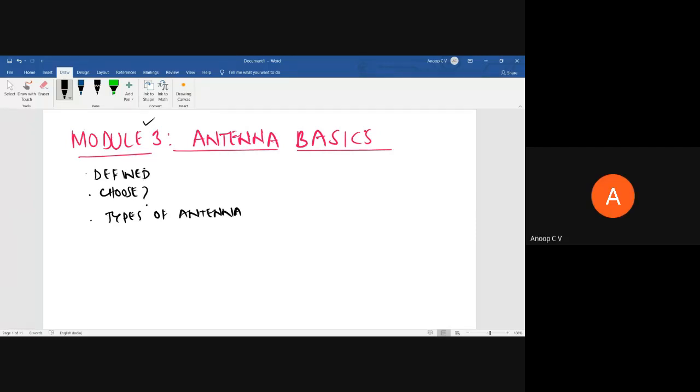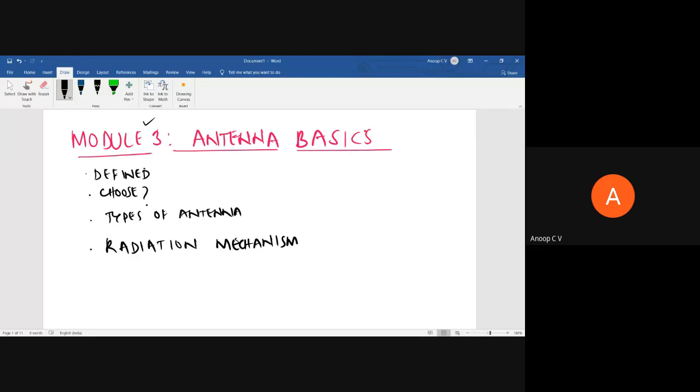So those are the different types of antennas we have seen, and we have seen which type of antenna we'll be studying in which module. So overall we have seen the picture of the antenna part of microwaves and antennas. Then we studied the radiation mechanism.